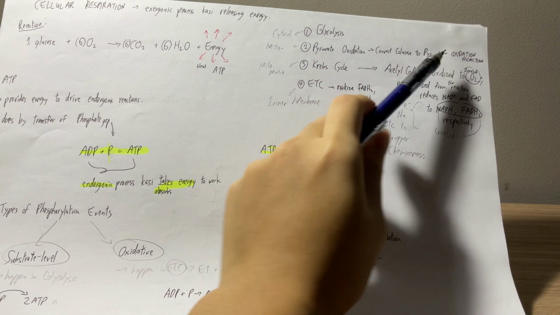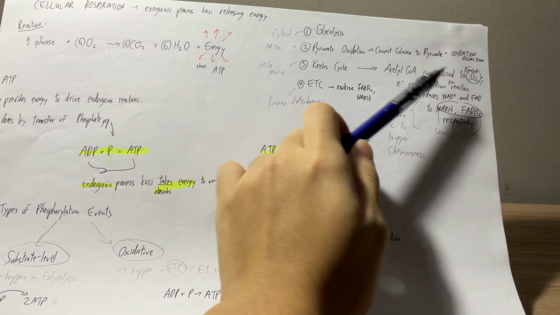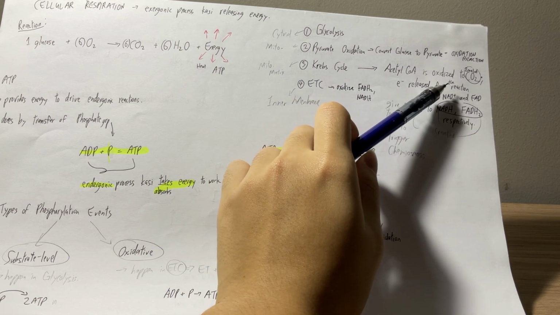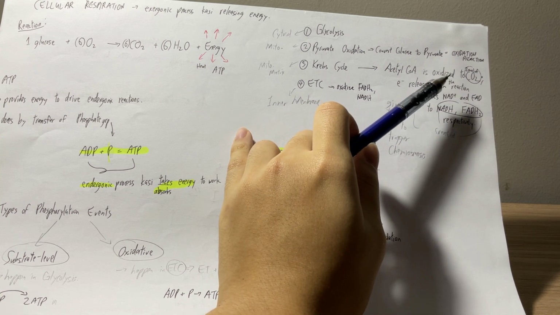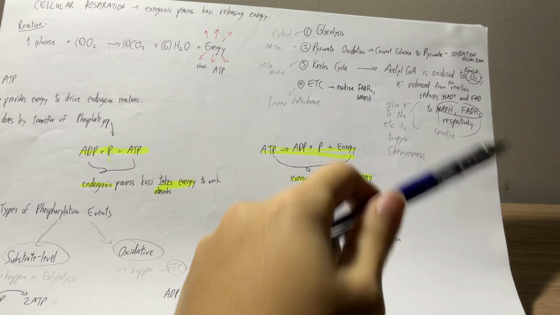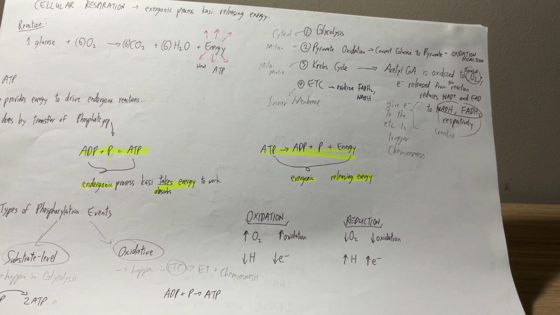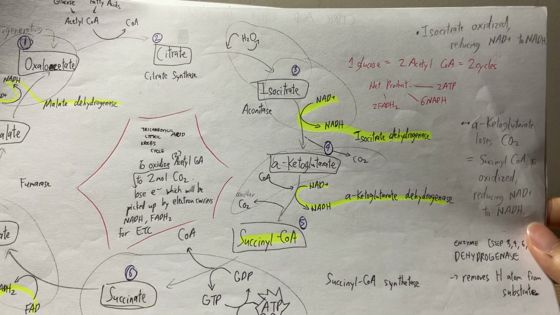So this is an oxidation reaction. In the Krebs cycle, acetyl-CoA is oxidized somewhere in the early stages, perhaps between 3 or 4, I think. I can't be sure. Do you want to look at the Krebs cycle again? Yeah, I have it right now. Let's see where acetyl-CoA is oxidized.